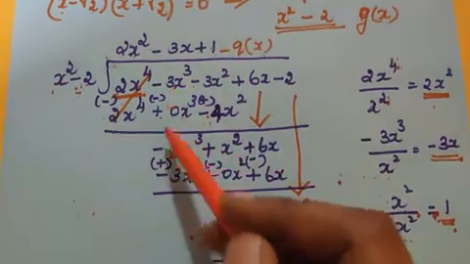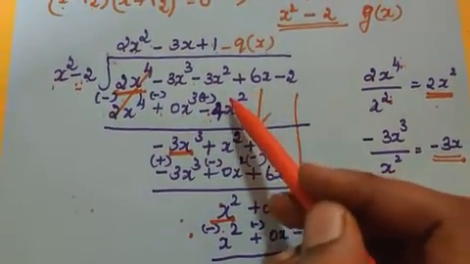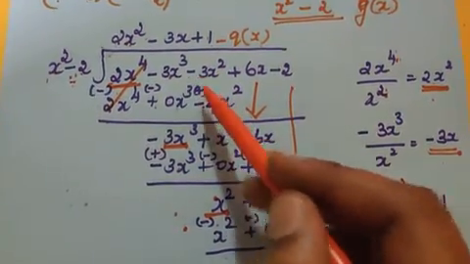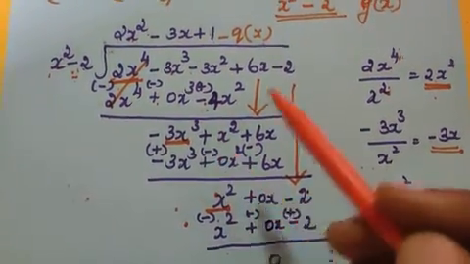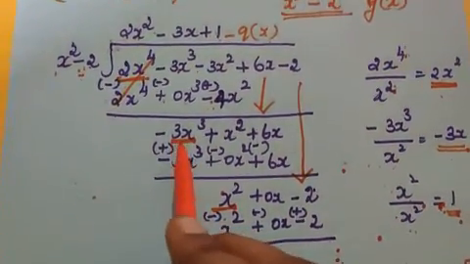So whatever the given x cube value, that comes down. So minus 3x cube, and then next term 3 minus 3 plus 4, so it is plus 1x squared, and we are bringing down the next term also. Now this becomes our new